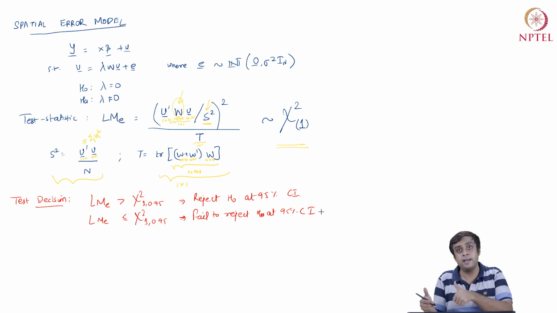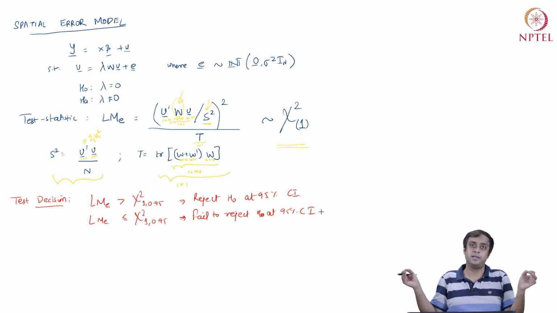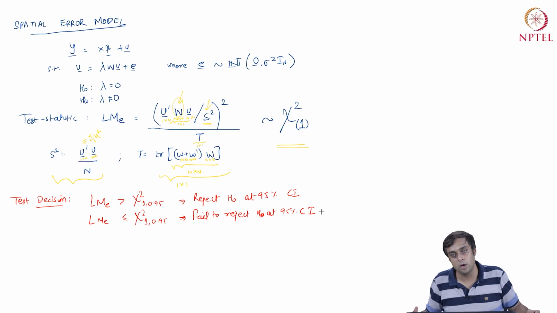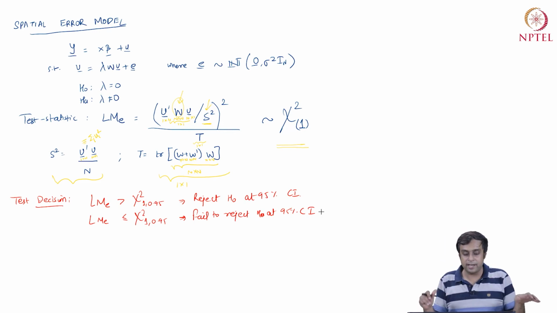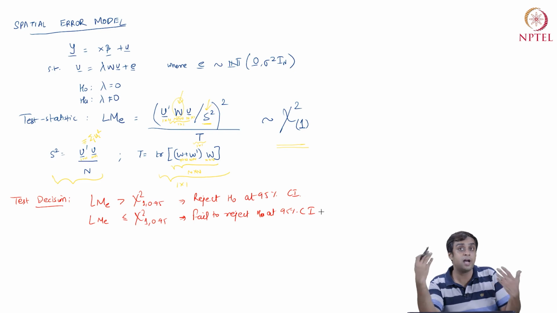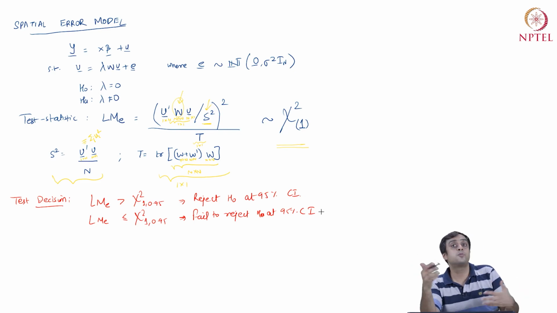If you ignore it, then you are going to have inefficient estimates. You are going to have larger errors in your beta hats than you would have ideally wanted. So if you reject the null, that means lambda is likely to be not equal to 0 with a very high probability, and so you should probably apply a feasible generalized least squares model. But if you fail to reject the null hypothesis, then you can live with OLS. You're fine.